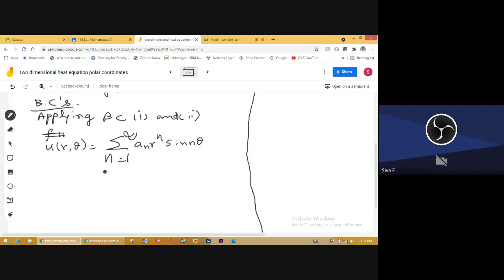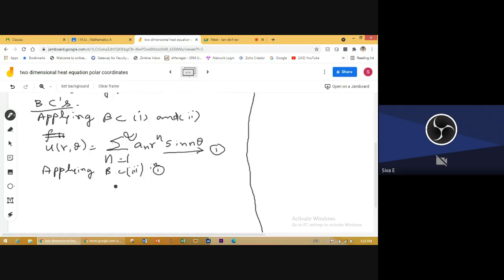So this is the solution after applying boundary conditions 1 and 2. Now applying boundary condition 3 in this equation, taking this as equation number 1, applying boundary condition 3 in 1,